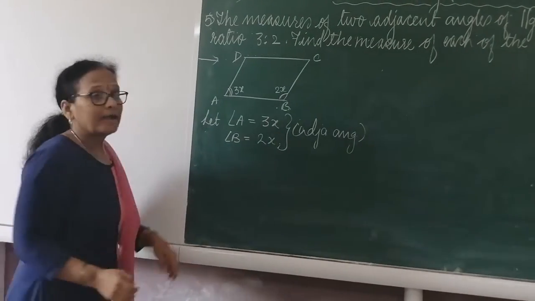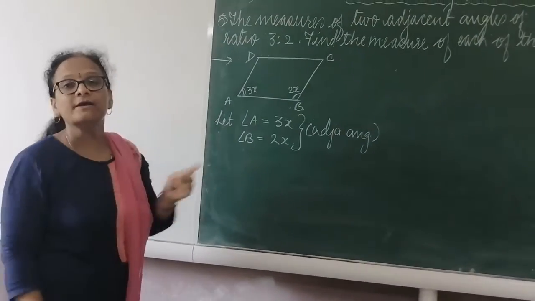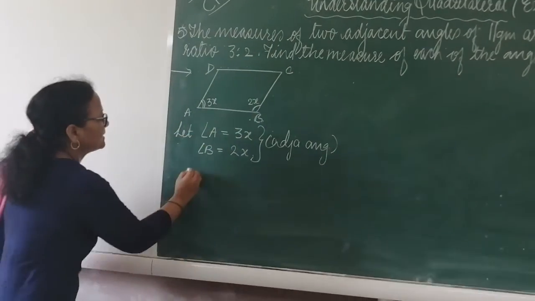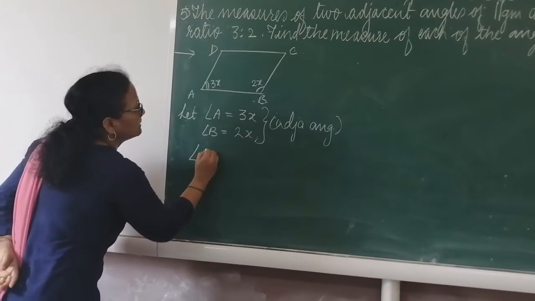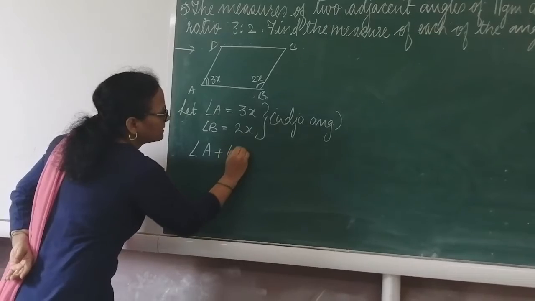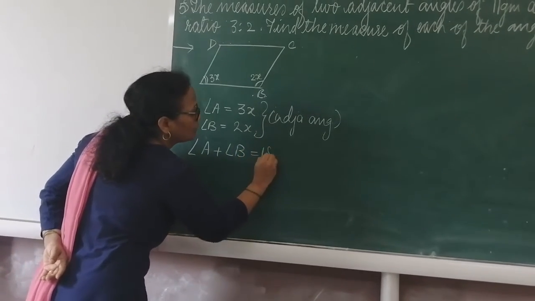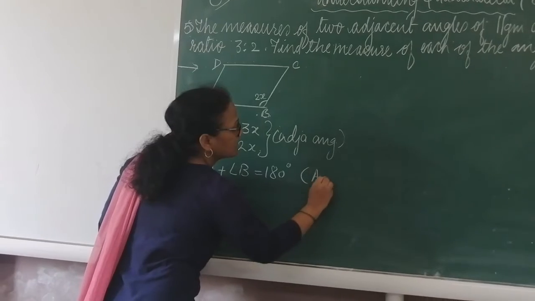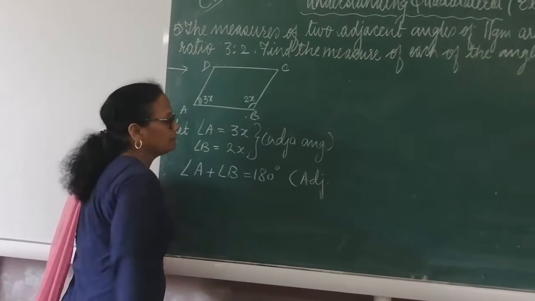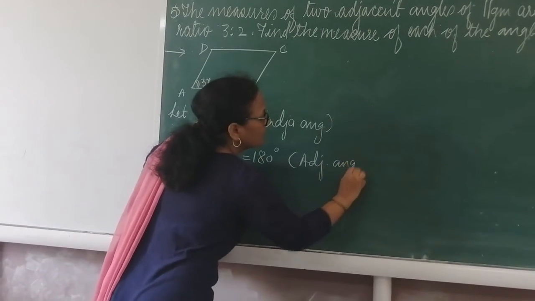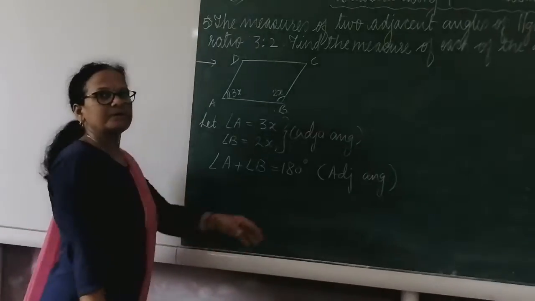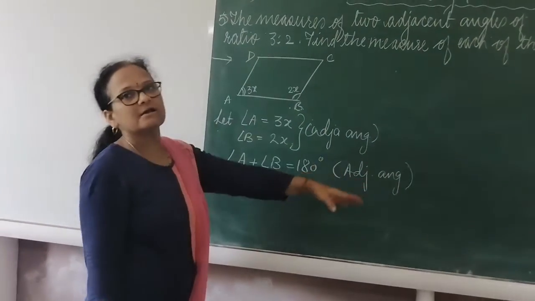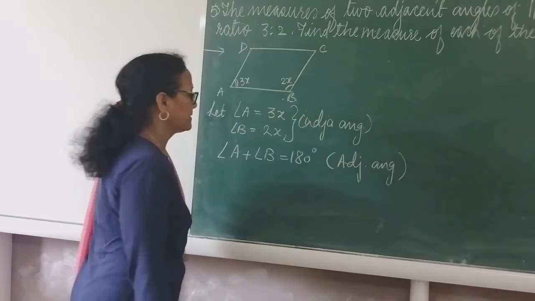Okay. Now here, as they are the adjacent angles of the parallelogram, and they have specified the parallelogram, that's why right now angle A plus angle B is equal to 180, because in a parallelogram adjacent angles are supplementary. So directly write down adjacent angles. Here if you write adjacent angle of parallelogram, it is also okay. Or you can write a whole sentence, adjacent angles of the parallelogram are supplementary.